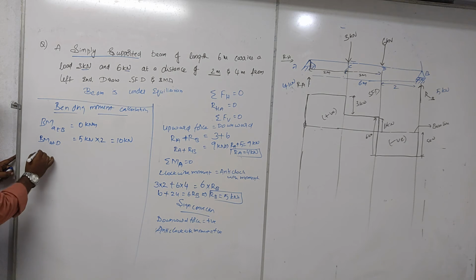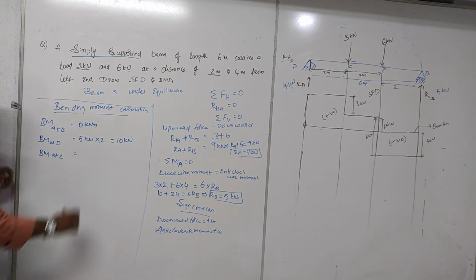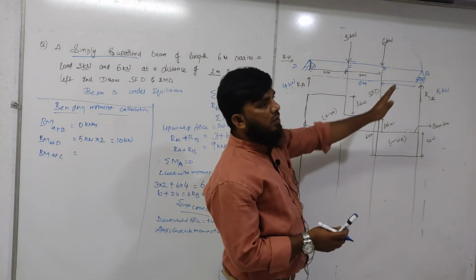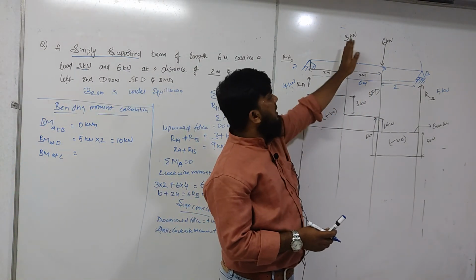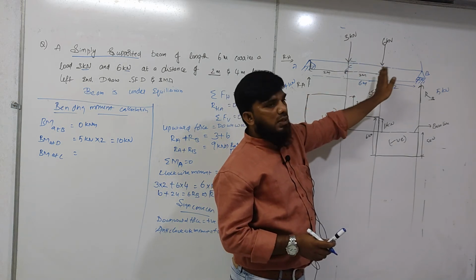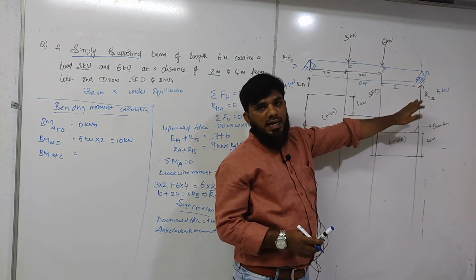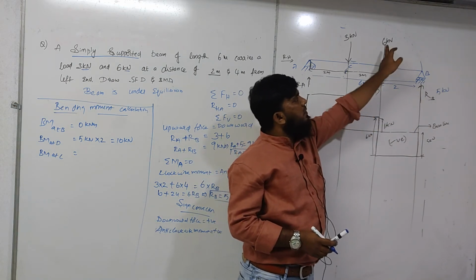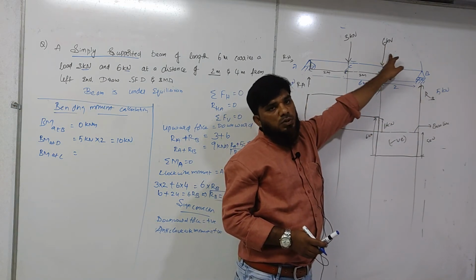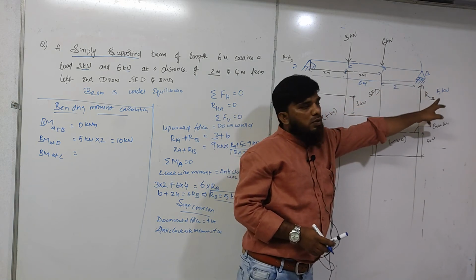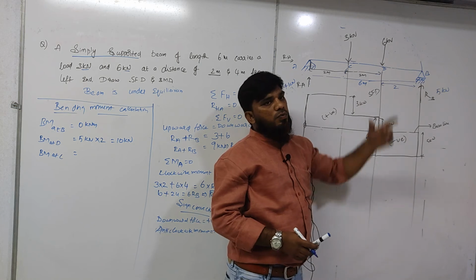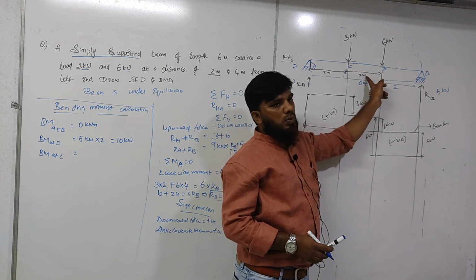Then next is bending moment at point C. We are solving from the right side. So when I say point C, we have to consider the forces towards the right of point C. We have two forces: one is because of RB, another is because of 6. So first let us solve for RB. RB to point C, what is the total distance? 4, that is 2 plus 2.